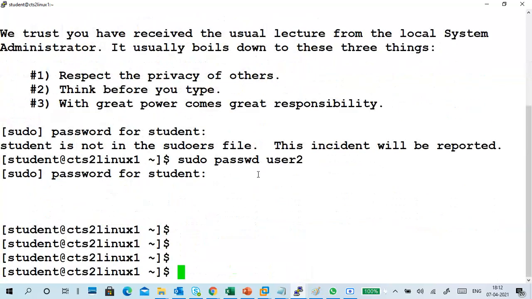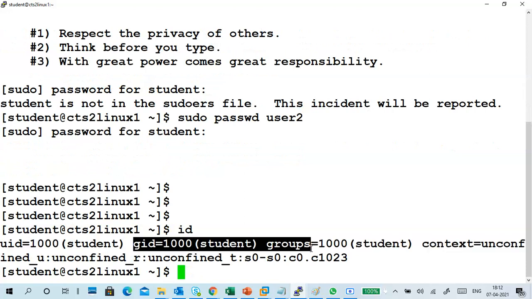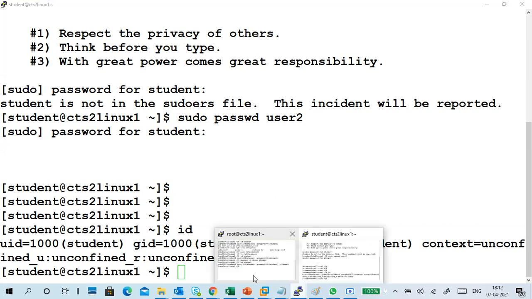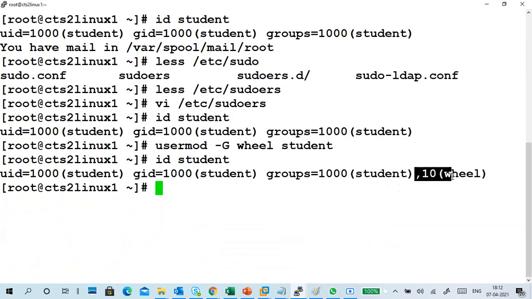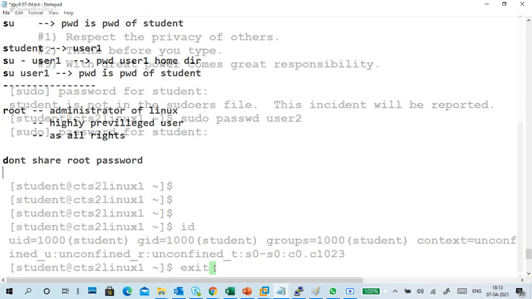Guys, once again I will check my ID. See, the wheel information is not there. Wheel information is not added here, but here the wheel group is there, because my student session doesn't know yet. So what do I have to do? I have to exit and connect again.